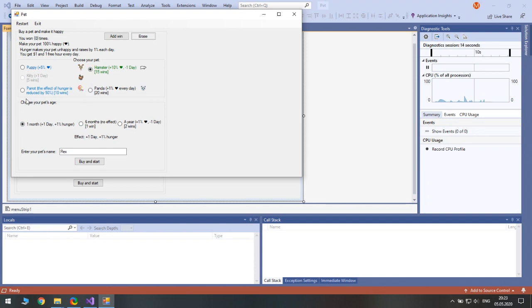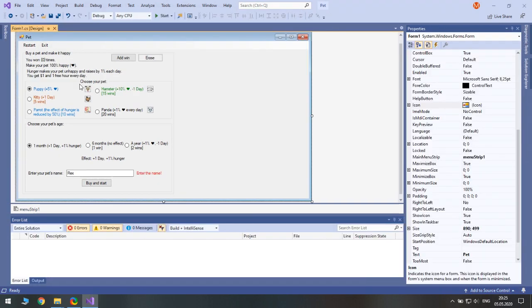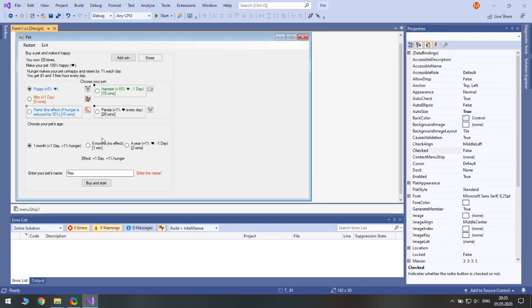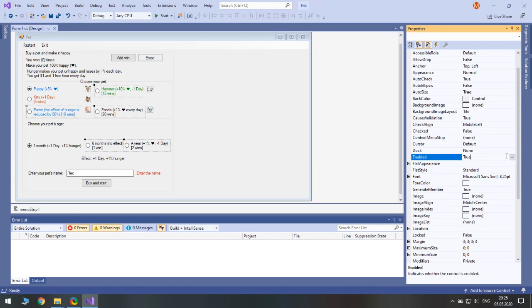Well, at least they work as expected. Good. We should disable this one, this one, this one, this one, and this one. By default, they should not be enabled like this. So let's check it.